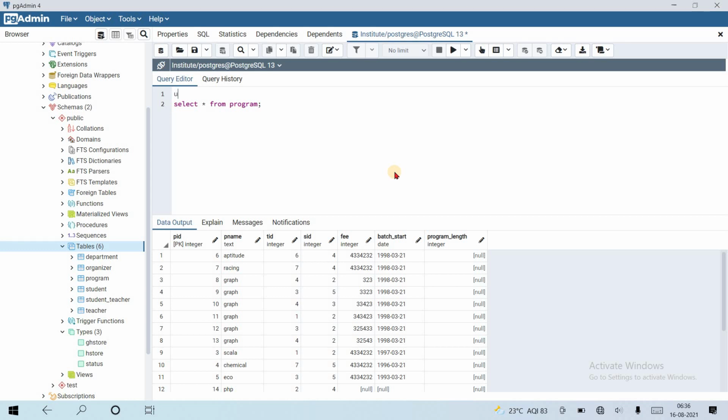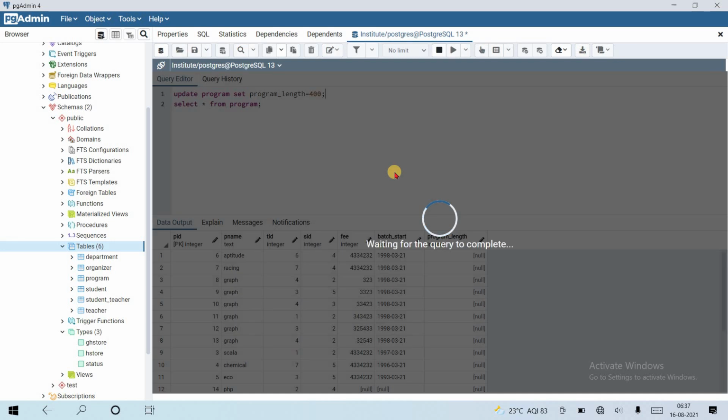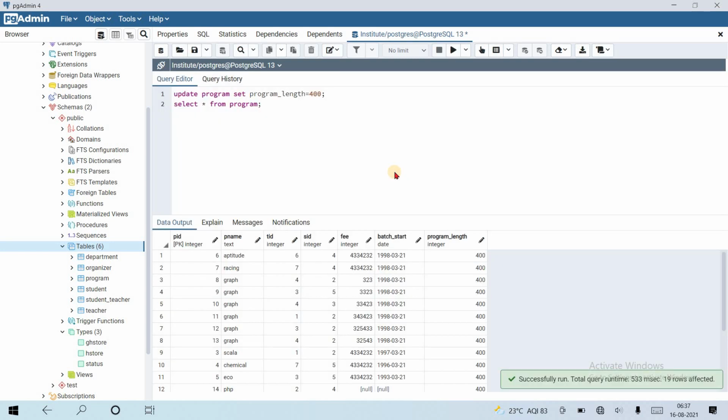Update program set program length equal to, suppose, 400, so all program length become 400. What will be the result? Let's see. Yes, query returned successfully. All the null values are replaced with 400.